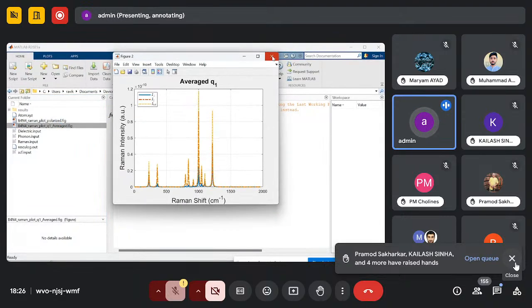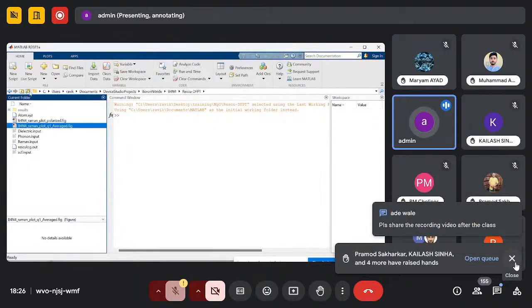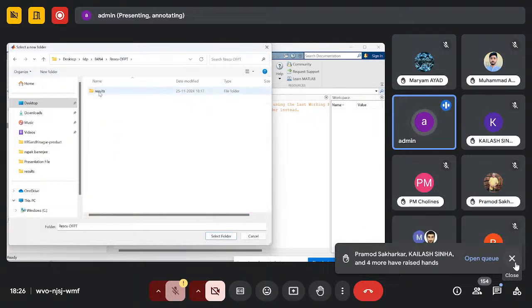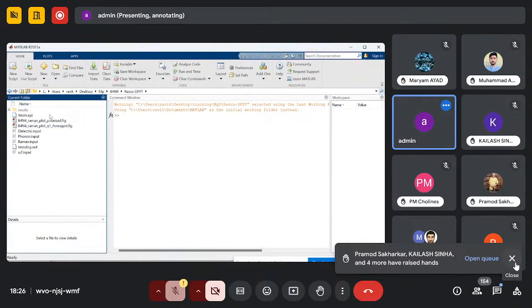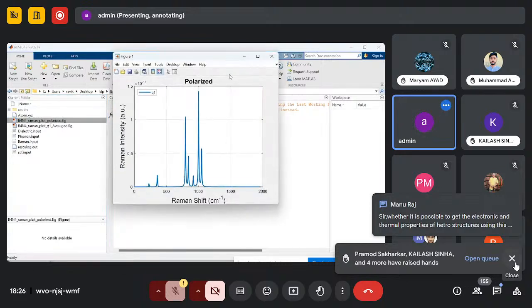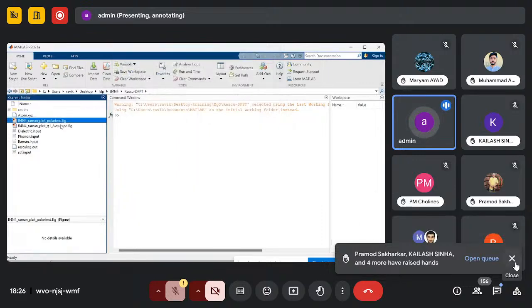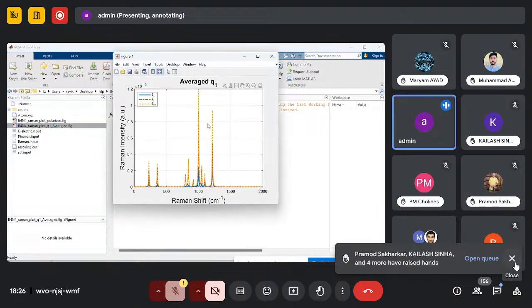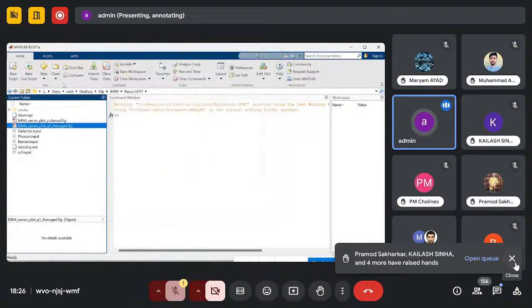This is Raman intensity. Even if I show you our results in the graph, so one minute, FDP, boron nitride, Rescu, and I will select it. And in this particular path, we created the folder FDP, boron nitride and Rescu. So if I click here, this is the Raman intensity analysis. Okay. And similarly, the Raman plot along the average directions. And this is I1, I2, and I total. And for optical analysis also,